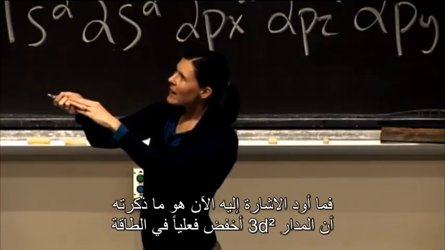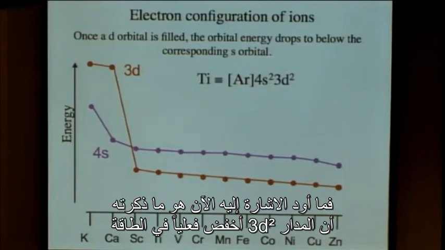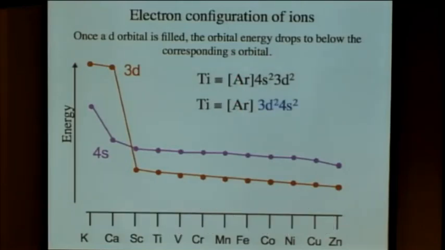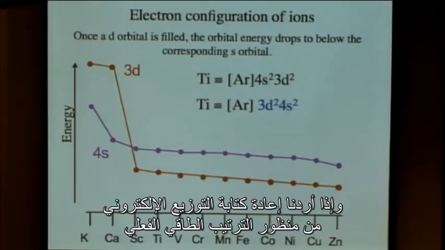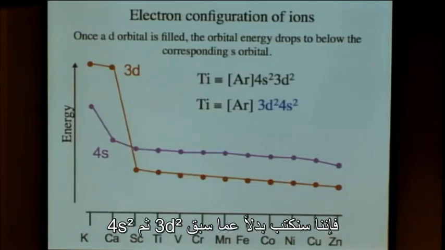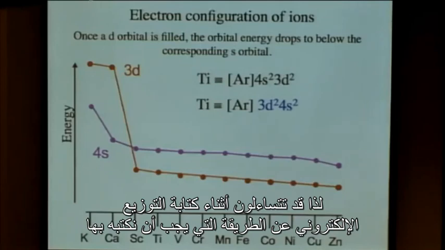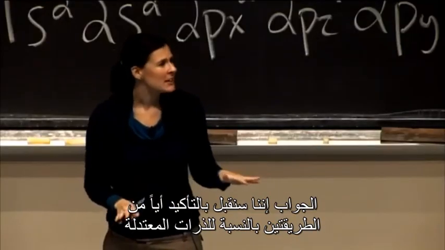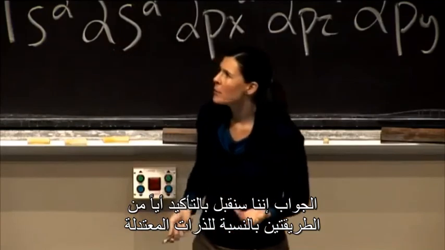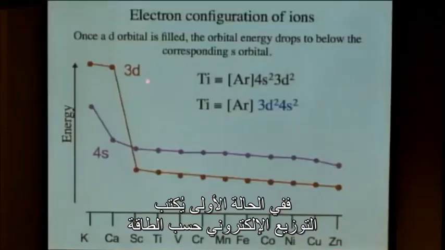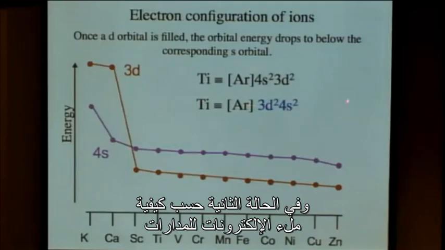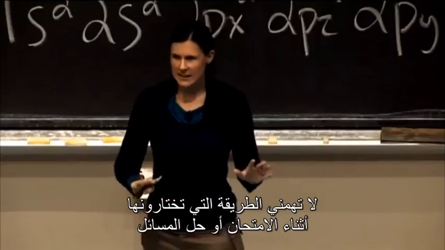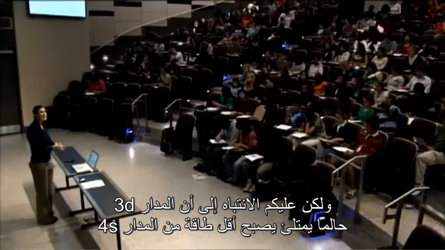What I want to point out is that the 3d2 is actually lower in energy. So if we were to rewrite this in terms of what the actual energy order is, we should instead write it 3d2, 4s2. You might ask, when you're writing electron configurations, which way should you write it? And we'll absolutely accept both answers for a neutral atom. They're both correct. In one case, you decided to order it in terms of energy, and in one case, you decided to order it in terms of how it fills up. I don't care how you do it on exams or on problem sets, but you do need to be aware that